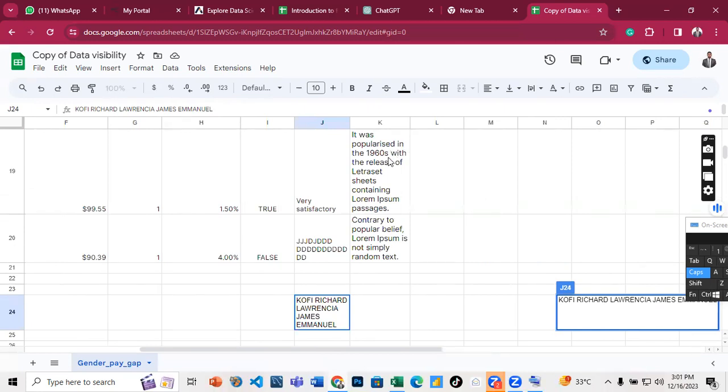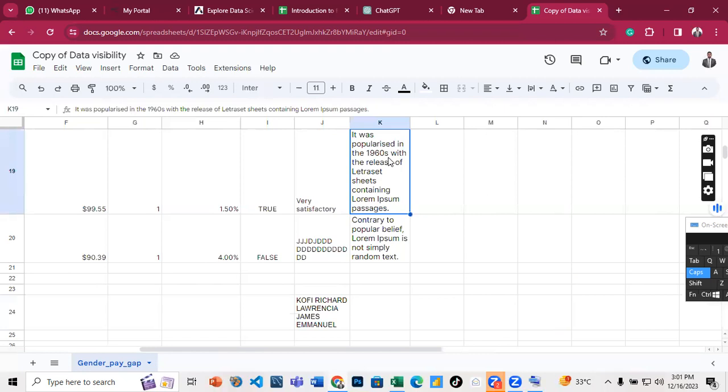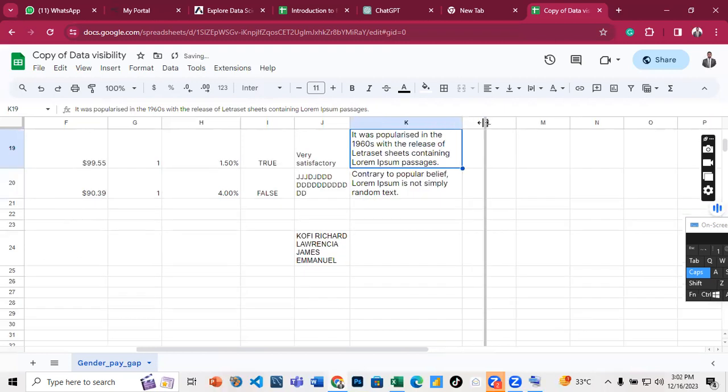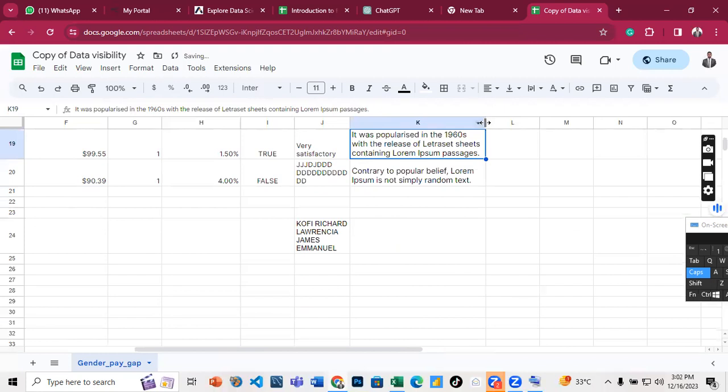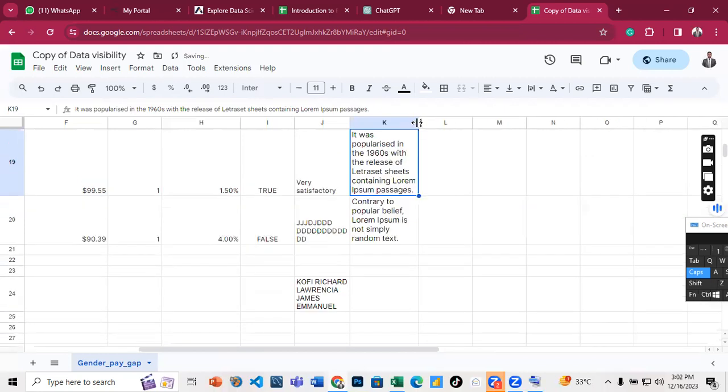Maybe we've not wrapped this cell, and we want to resize this row or this column vertically. You can either push the line to wherever you want it, or double click it. Because it is wrapped, it is giving us the defined